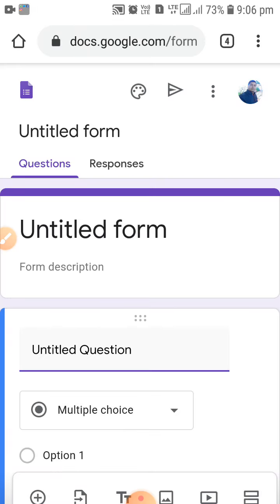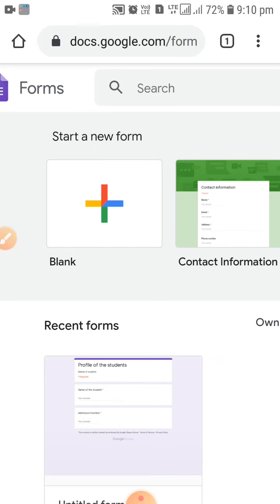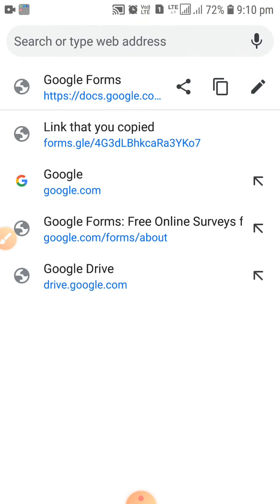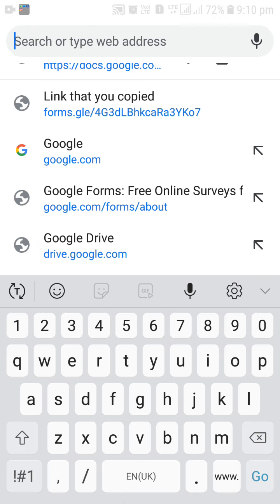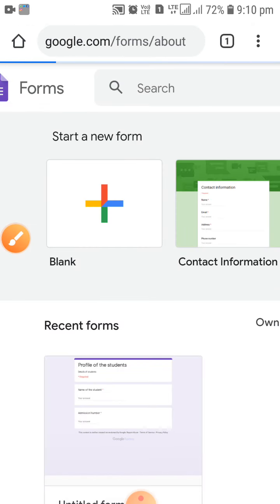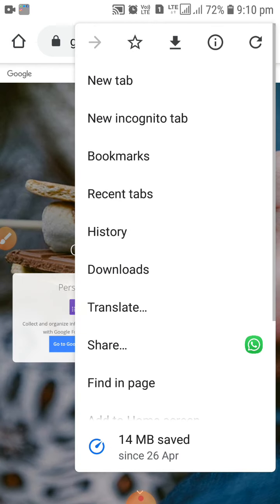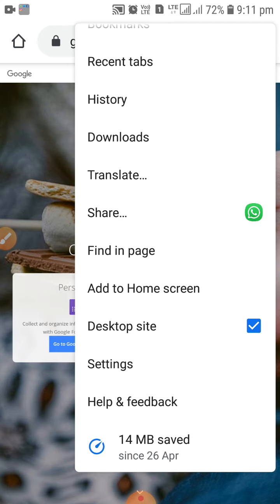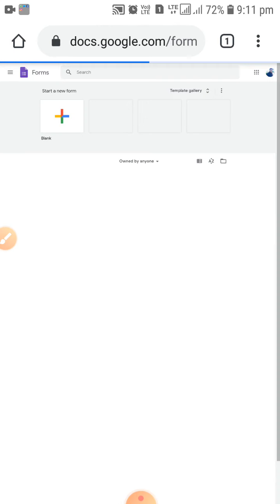So my dear students, my dear teachers, let us see where we can see it. I'm opening Google Chrome again, and you can see the same URL you will have to type, docs.google.com, or Google Forms, you can see over here. Click on that, and again click on the three dots and select desktop site. It should be there, okay, like this. So I'm clicking on Go to Google Forms,